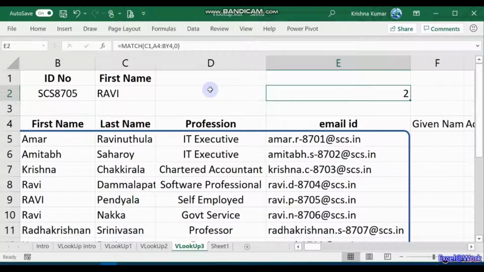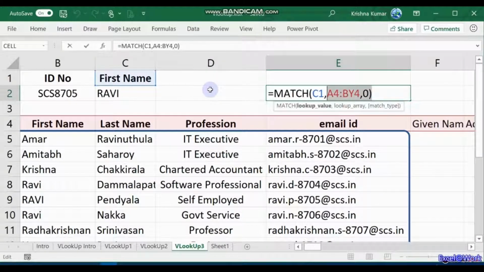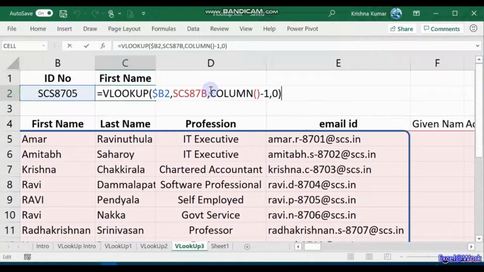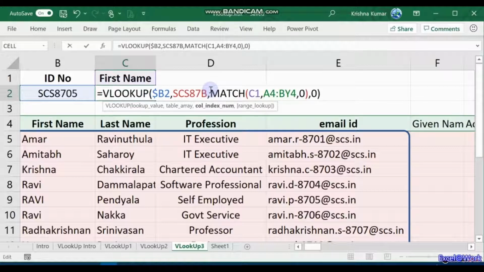So I'll just copy the formula here, and rather than putting the column number here, I use the MATCH formula, and the rest should remain the same.